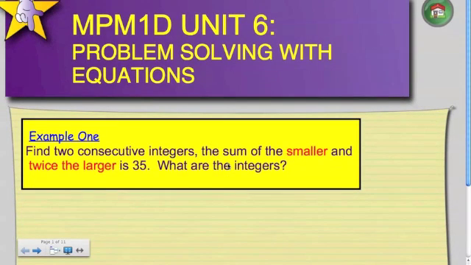Equations. So this is a Unit 6 seminar on problem solving with equations. What we're going to do is I'm going to give you an example of a few word problems that you may have encountered in your unit work or that you may encounter on the test, and we're going to work through them together. And after that, we're going to tackle assignment B from your unit guide,